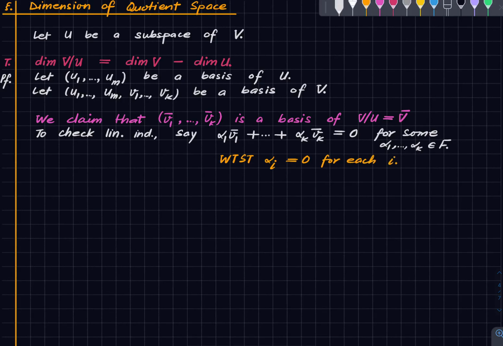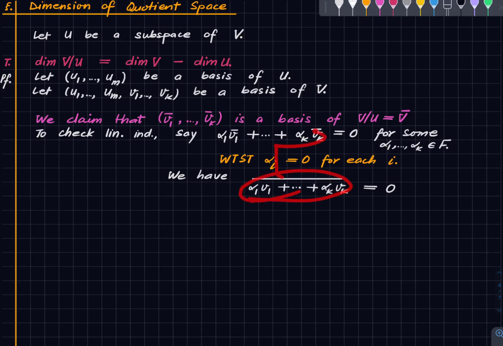By definition of addition and scaling in the quotient space, we have that this is 0. Why? Because this is exactly that. Okay, so that thing is 0, and hence, by definition of the quotient space,